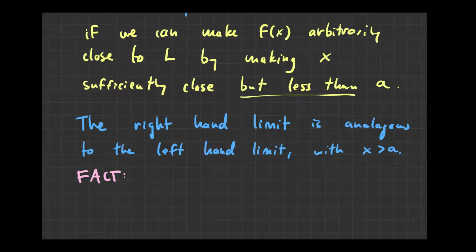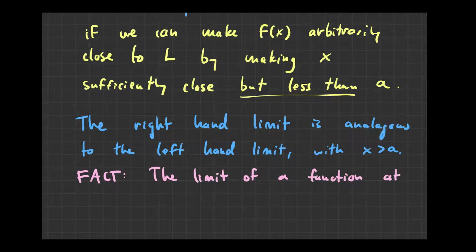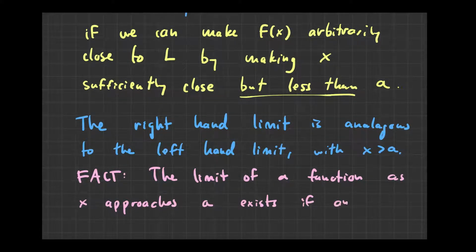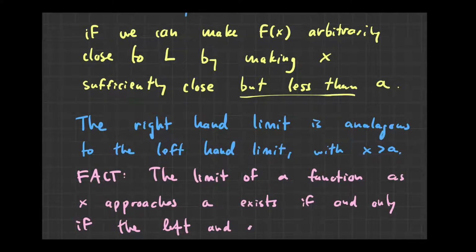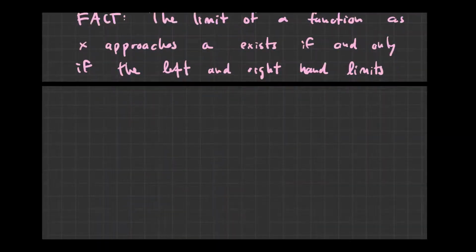Okay, the limit of a function, I should say of a function as x approaches a, exists if and only if the left and right hand limits are equal. So x has to approach, or f of x has to approach the same value regardless of which side we're approaching it from. So for example,